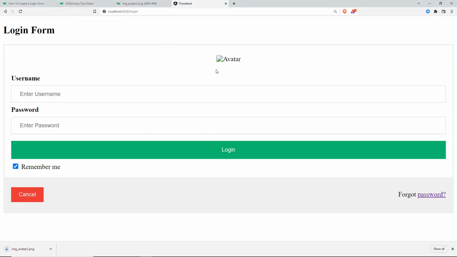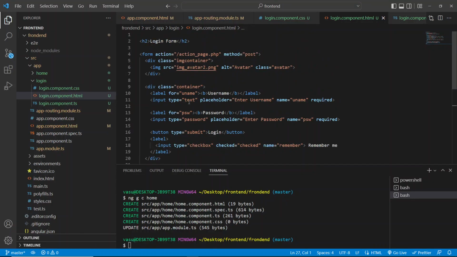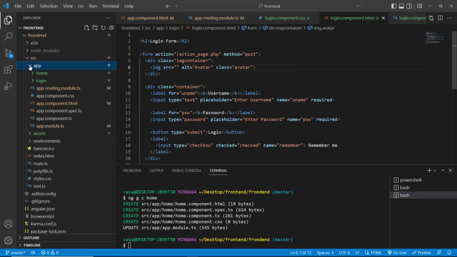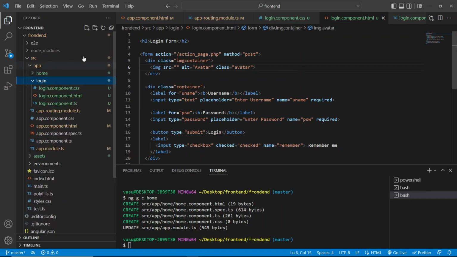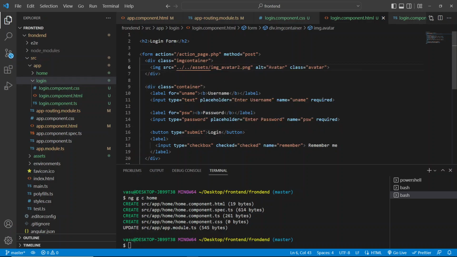Okay, now we need to give an image path over here so that the image will be displayed. So go to your code again. Here find this image tag. So how do we give a path? If you observe, assets is here, and login is under app, under src. If you want access to this image, you need to come outside the login component. The method is double dot slash to come out of the directory. Now I came out of the login directory. Again I need to go back from the app directory. Now I can see assets. Open assets, select this image. So if you see now,